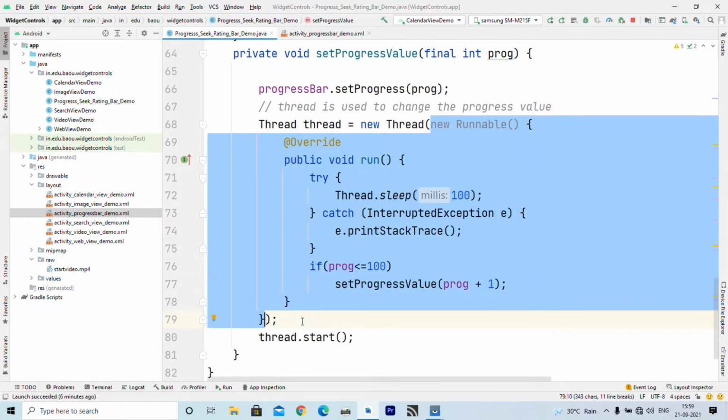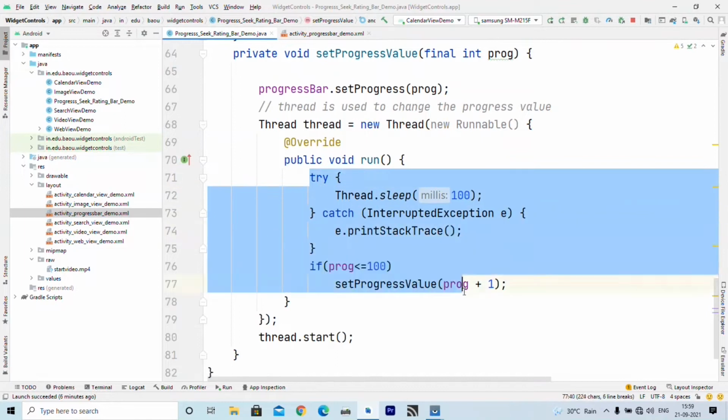So this highlighted portion is code that should run in parallel using runnable interface method run. So this actually creates one anonymous class implementing runnable, and inside that we write the coding.